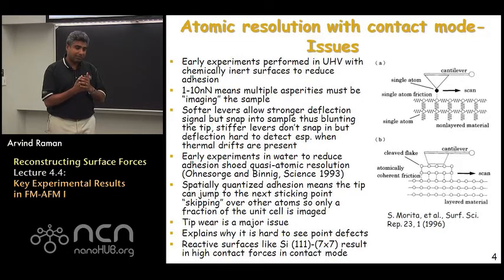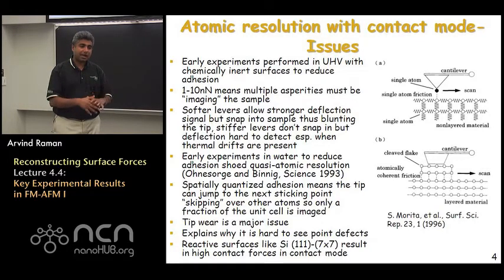Because the larger those attractive forces are, the larger the force you're applying on the sample, which would damage the tip, and then you would lose atomic resolution. So many of those initial studies were on chemically inert surfaces, which brings up the question about how could you get high resolution on reactive surfaces such as silicon 111. The second point I already raised: at these forces, one is likely to have multiple tips touching the surface. The third important question that came up is,